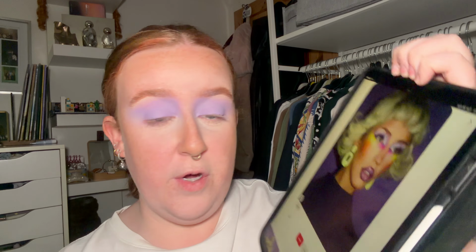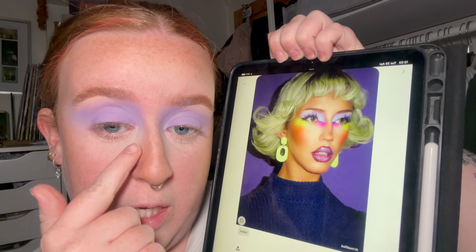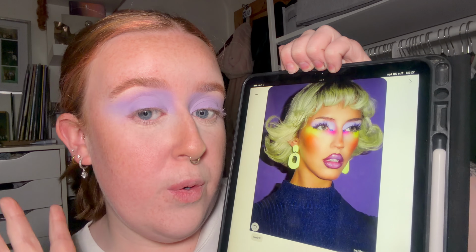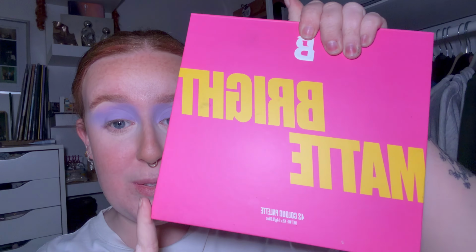And then on this photo, obviously she has the yellow on her outer corner and pink on the inner, and then almost an orangey eyeshadowy blush. So we're going to leave it there for now with the skin and move on with the rest of the colours. So I'm going to switch to my Bright Matte Beauty Bay palette